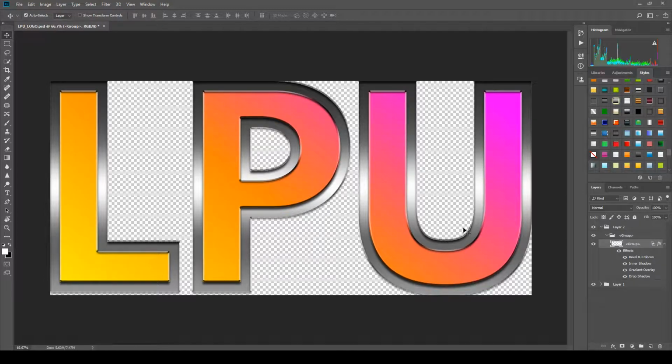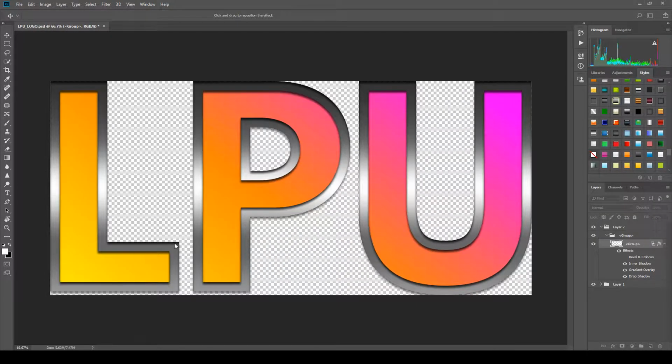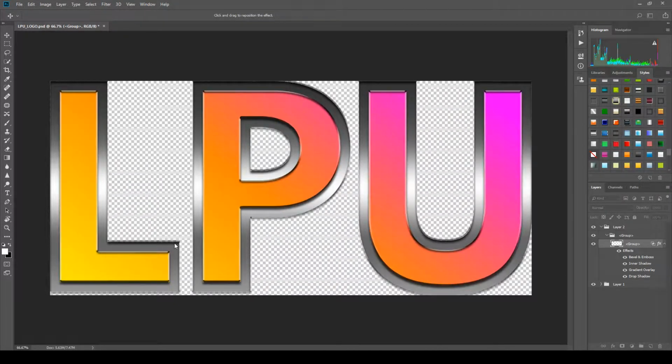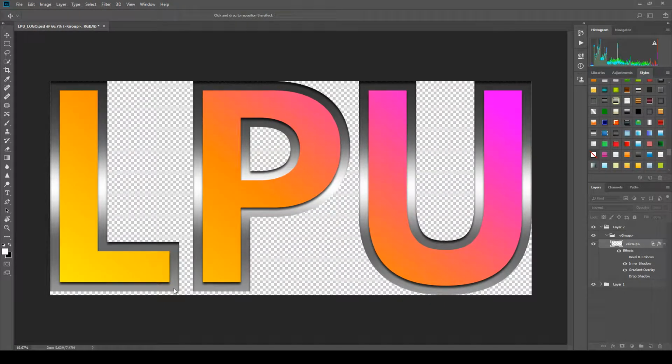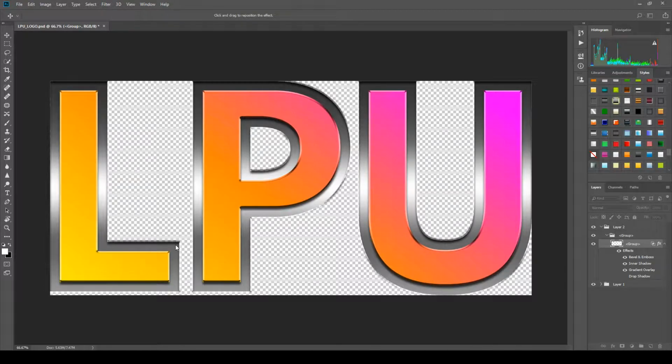One thing that I want to change though is I want the metal to look like it's on the outside, which right now it does not look like that. We're gonna find out who the culprit is. Okay, it's the bevel and emboss. I think. Actually, no. It looks like drop shadow too. And then now if I bevel and emboss it,